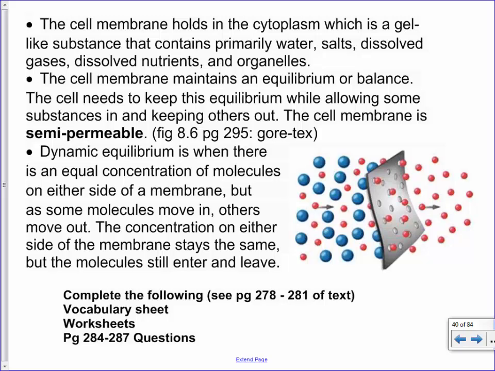For example, oxygen and carbon dioxide. They can travel easily in and out. And we need that in, say, a red blood cell. A red blood cell's job is to carry oxygen to your body through your arteries, and then exchange it for carbon dioxide, and then it goes back through your veins. Does that make sense? So your cells have to be able to let oxygen and carbon dioxide in and out